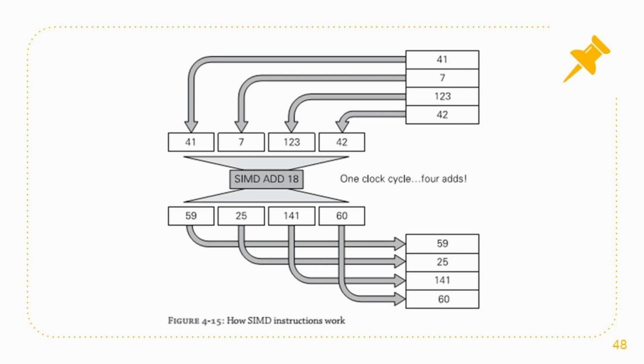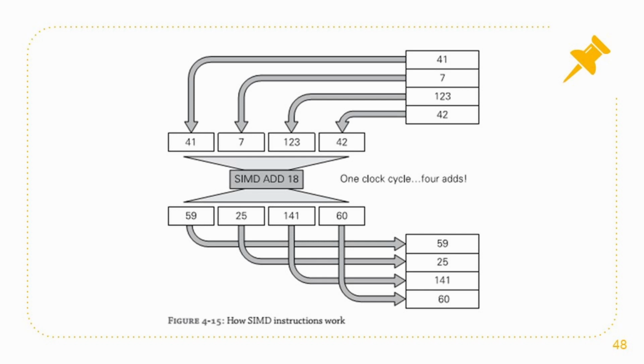4. Memory access. After the SIMD operation is performed on the vector data, the resulting vector is often written back to memory. This allows SIMD instructions to efficiently process large datasets in parallel, such as image processing, signal processing, and scientific computing tasks. By leveraging SIMD instructions, software developers can significantly accelerate performance-critical computations by exploiting parallelism at the instruction level. SIMD instructions are widely used in applications that require intensive numerical calculations, such as multimedia processing, scientific simulations, and